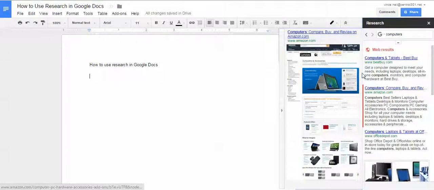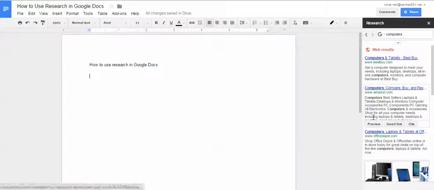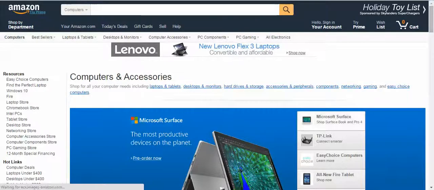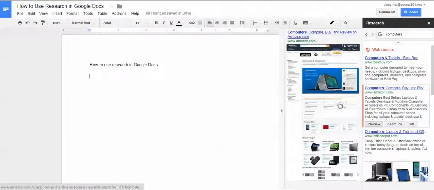to see if there's something that is of interest to me. If it's not, I can close that out. I can go on to the next option and I can preview that. If I do want to see that, I can go ahead and click on that and it's going to open up a new window on that particular website. But if I want to stay inside of my doc, again, I can just hit the preview or close that